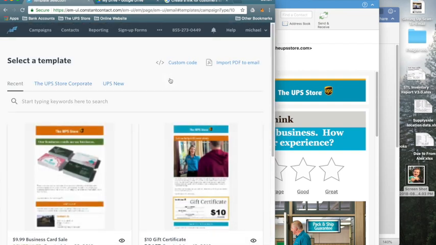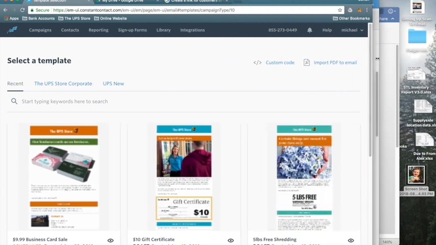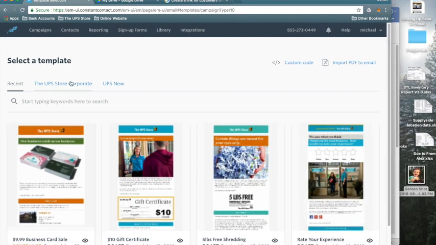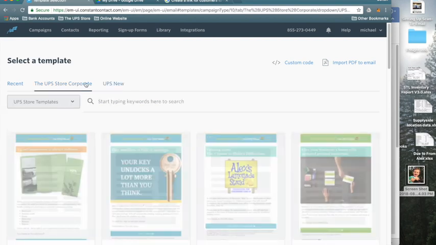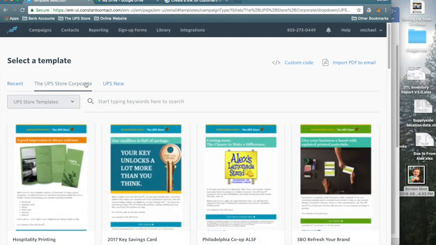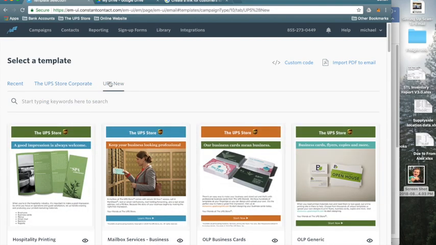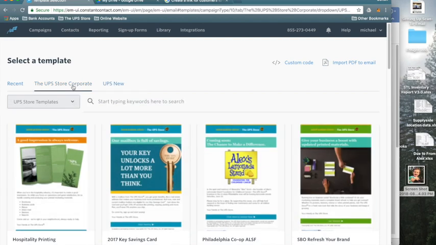That may not make a lot of sense to you right now, but we will circle back to that in a little bit. So whenever you get to this page, there's two different sections. You're going to see one that says the UPS Store Corporate, and then the one that says the UPS Store New. They're not crazy different. There's slightly different templates and a little bit different pictures, but the most important thing to note